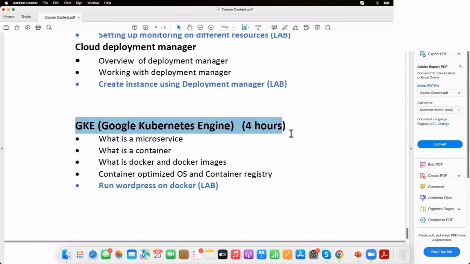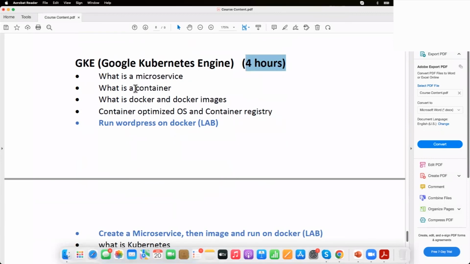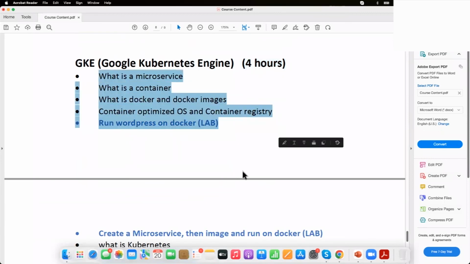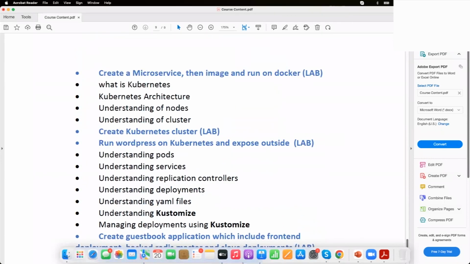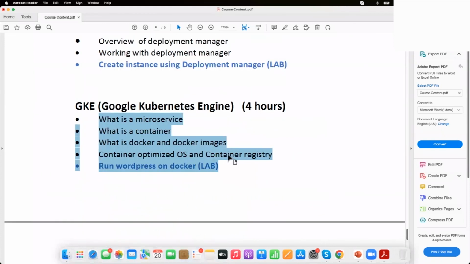Then Kubernetes, I mentioned it. It's a very important topic. Maybe more than 4 hours it will go, because it's one of the very strong topics. A lot of everything will be new in it, unlike the traditional concepts, each and everything will be new. Is anyone working in Kubernetes here already? Yes, Sharon. Okay.